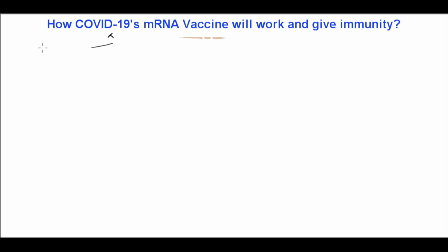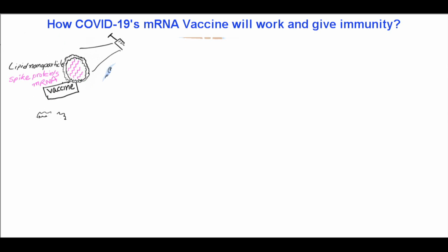As you see here, the COVID-19 mRNA vaccine has two components. The first one is the lipid nanoparticle. The second one is the spike protein's mRNA. The lipid nanoparticles are a bilayer, which mimics our cell membrane, and the spike protein mRNA is produced from the original spike protein coat after being modified a little bit. So these two are packaged as a whole unit, and then they will be administered with a syringe in our